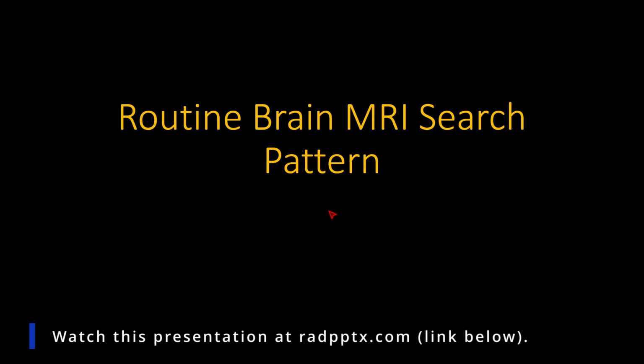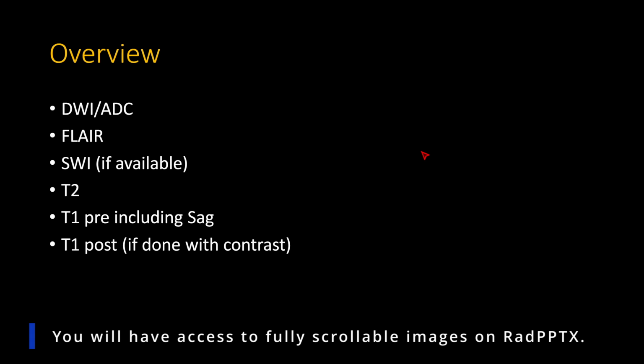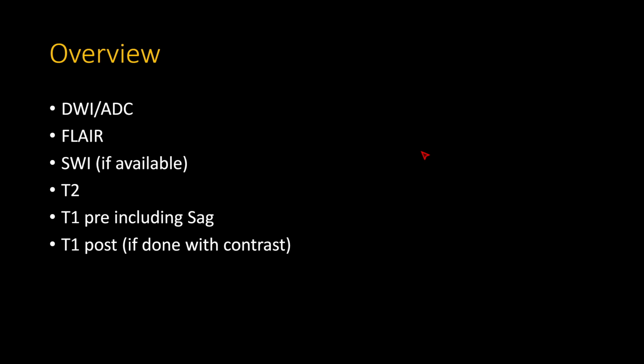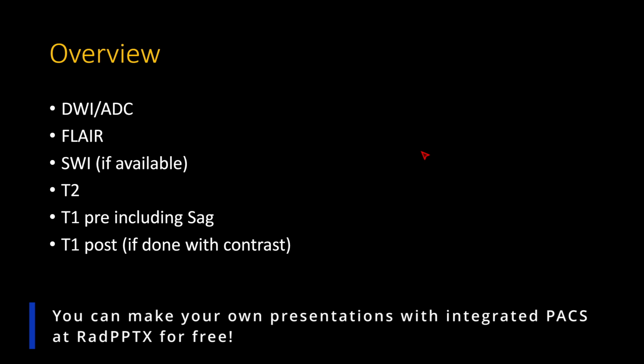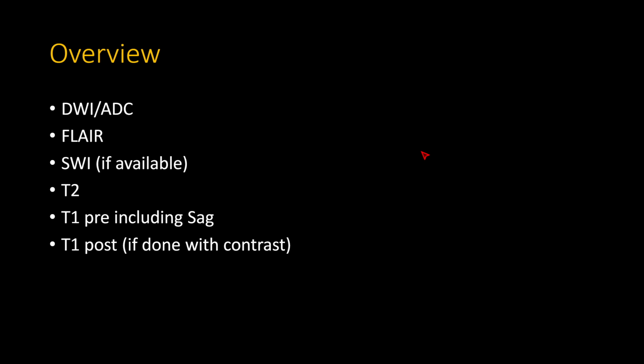In this presentation, I'll talk about a routine brain MRI search pattern. So this is an overview of the order I go when I look at these routine brain MRIs. There's a lot of variability about what different institutions include in routine brain MRIs, but typically you're going to have